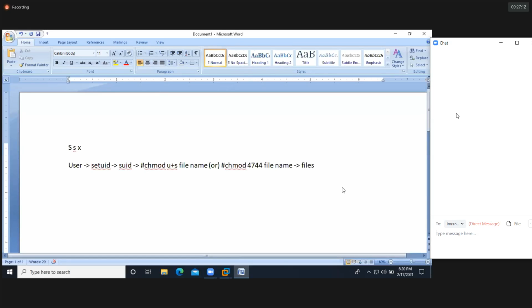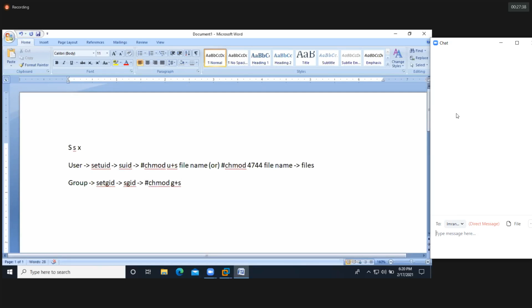Next. So now I'm assigning the special permission for group. Group special permission, set GID. You can say SGID also. How to assign the special permission for group? chmod g+s.